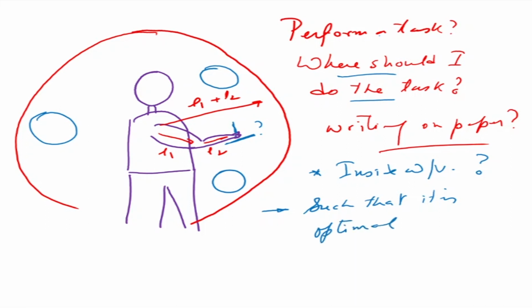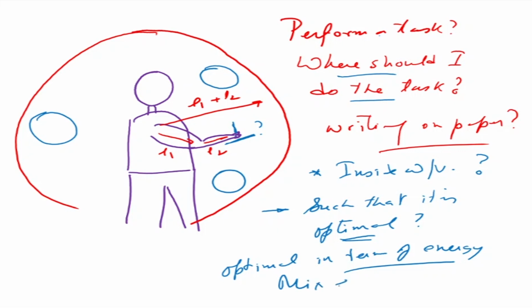This is an answer which a lot of students give whenever they're asked how you should do something in a particular way. Well, you should do it in an optimal way. What do you mean by optimal here? Optimal in terms of what? We can say optimal in terms of energy. That would make a reasonable answer, that we are trying to minimize energy, such that there is minimum energy consumption.